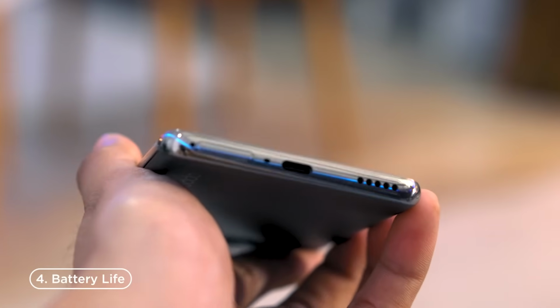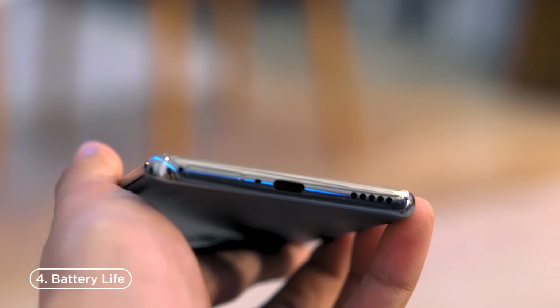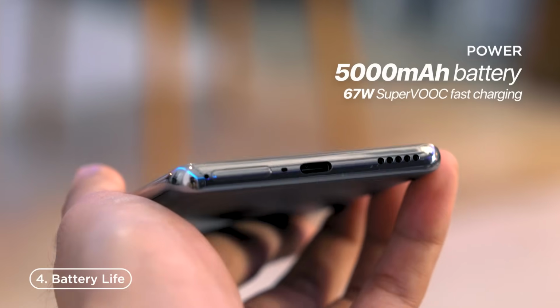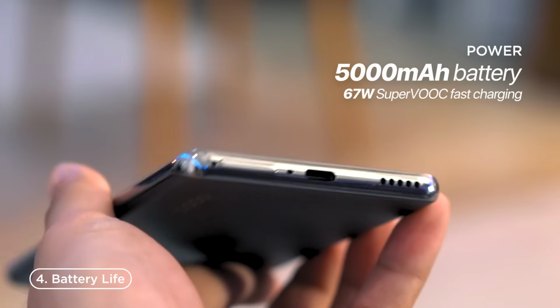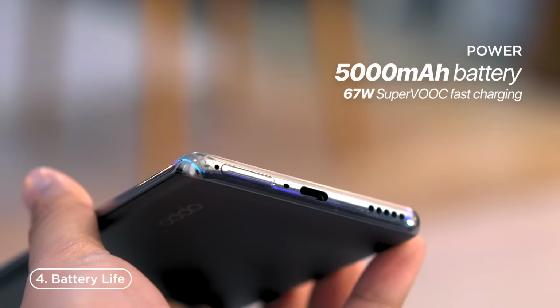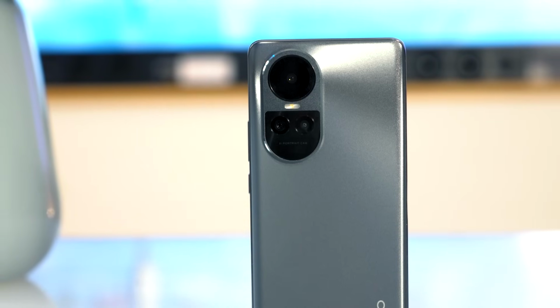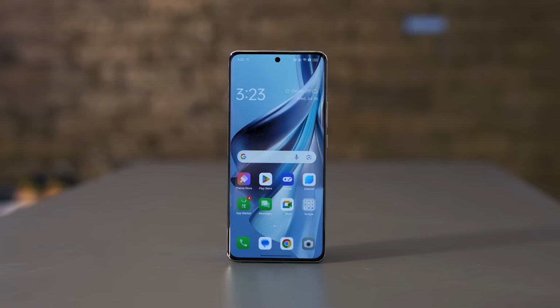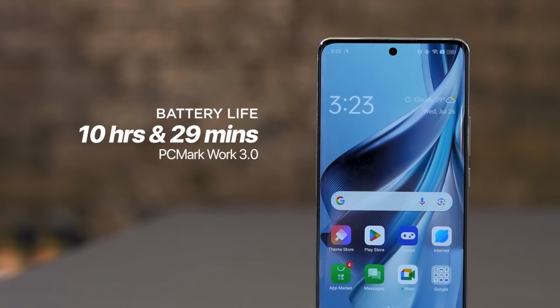Worrying about running out of juice is a thing of the past with the OPPO Reno10 5G. Equipped with a substantial 5000 mAh battery, this device ensures hours of uninterrupted usage on a single charge. Even better, the phone supports SuperVOOC fast charging so you can quickly juice up your device and get back to conquering the day without delay. Our PC Mark Work 3.0 battery test yielded a result of 10 hours and 29 minutes, which is pretty impressive